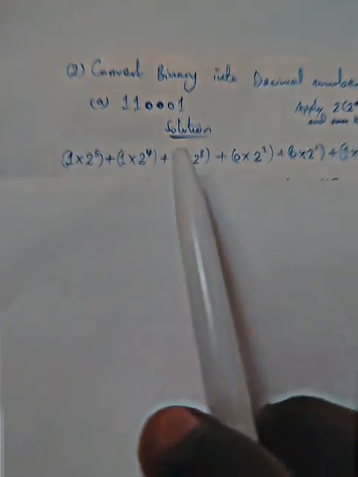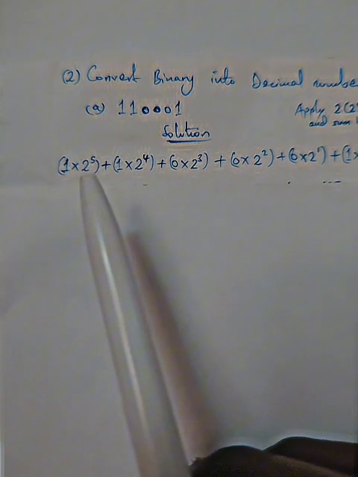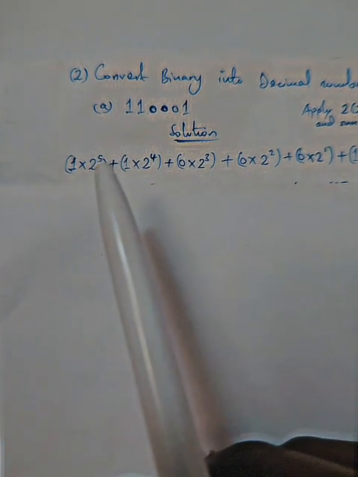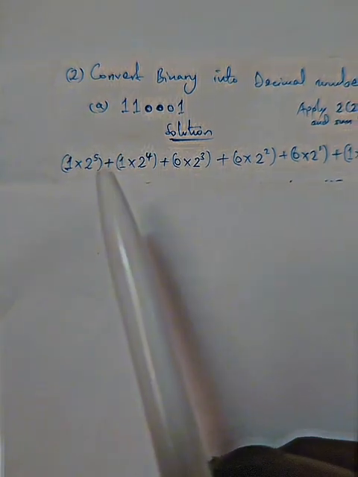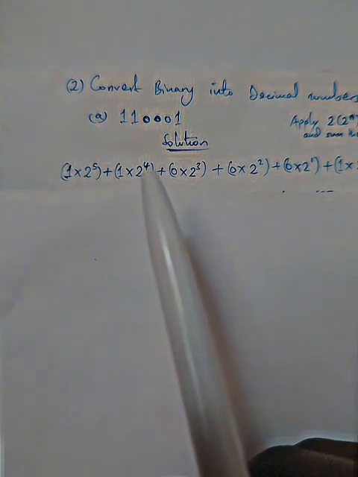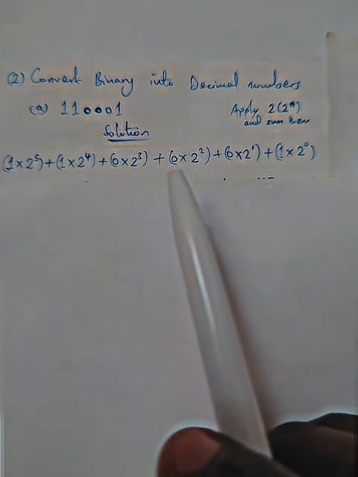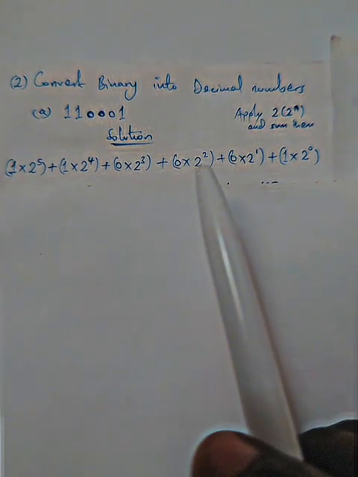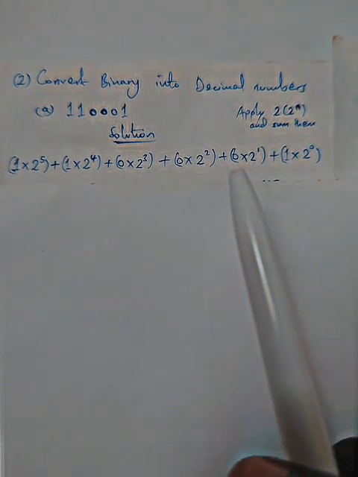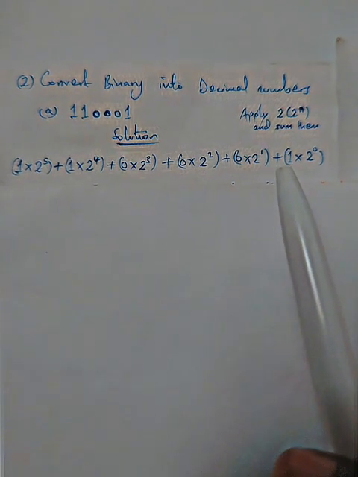So the solution: 1 times 2 raised to 5, plus 1 times 2 power 4, plus 0 times 2 power 3, plus 0 times 2 power 2, plus 0 times 2 power 1, plus 1 times